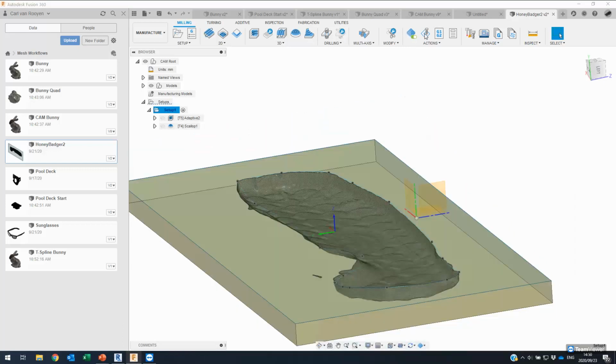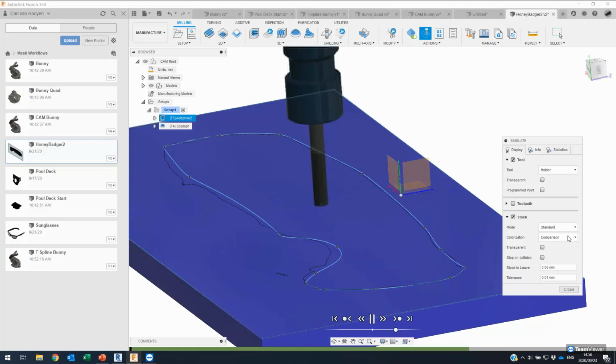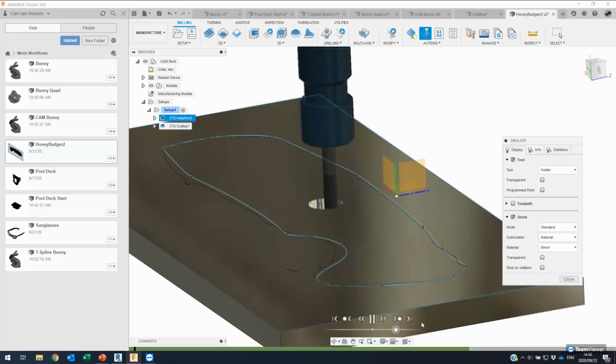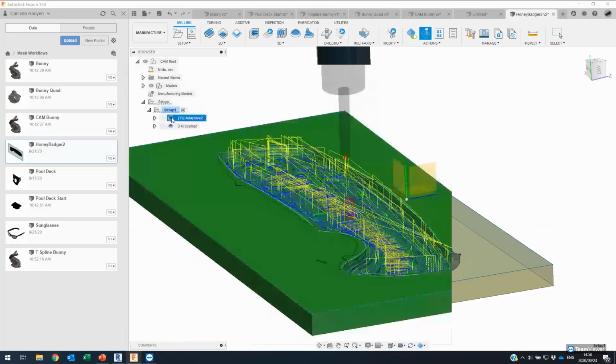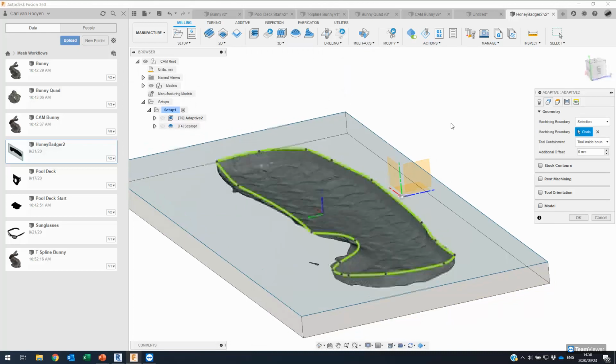And for this one, I'll run a simulation. We will see essentially the same process, but actually I'm jumping the gun here. That adaptive, in the case of this one here, once again, I haven't set a model, so it'll find that mesh automatically,